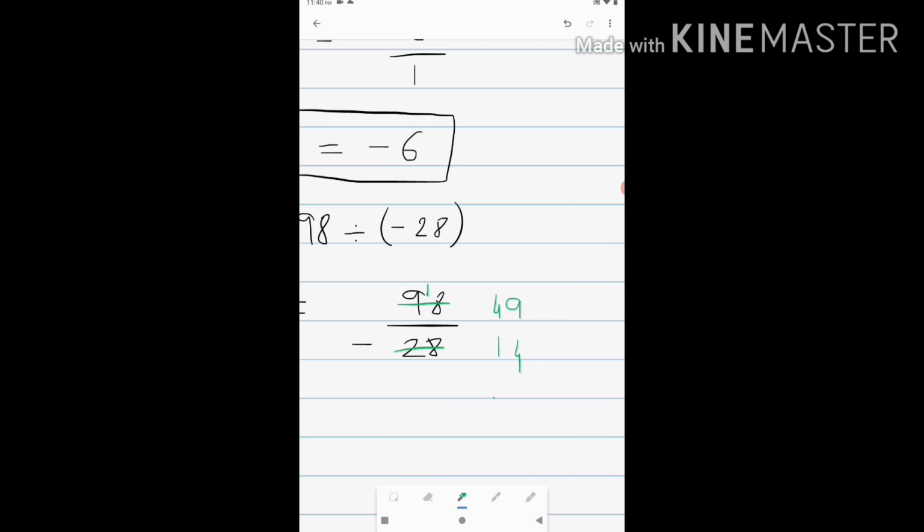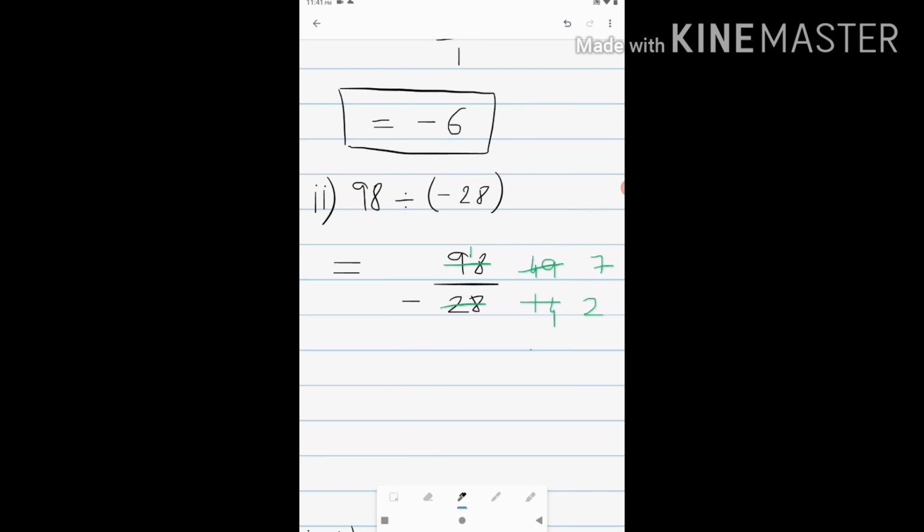Both go in 7 times table. So we can cancel it directly by 7. So I will write 7 2s are 14 and 7 7s are 49. So my new numerator and denominator is 7 and 2. Now these two numbers we cannot cancel any further. So we will write down in the next step whatever is remaining.